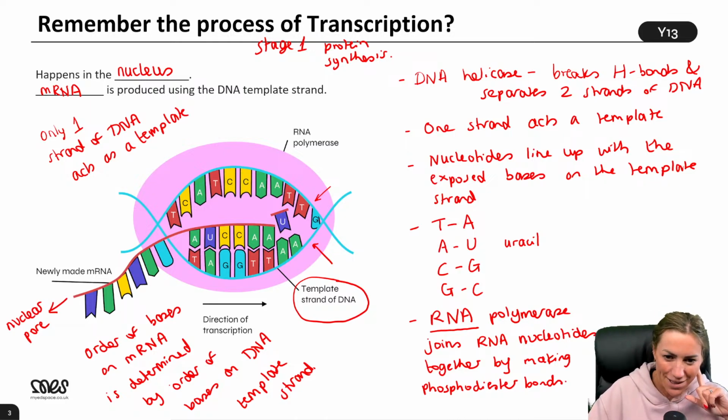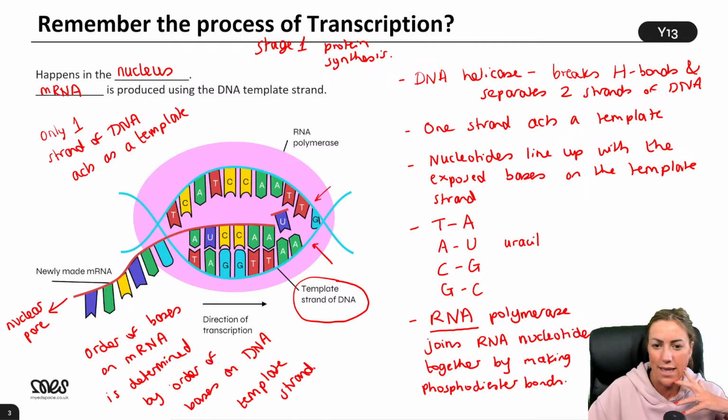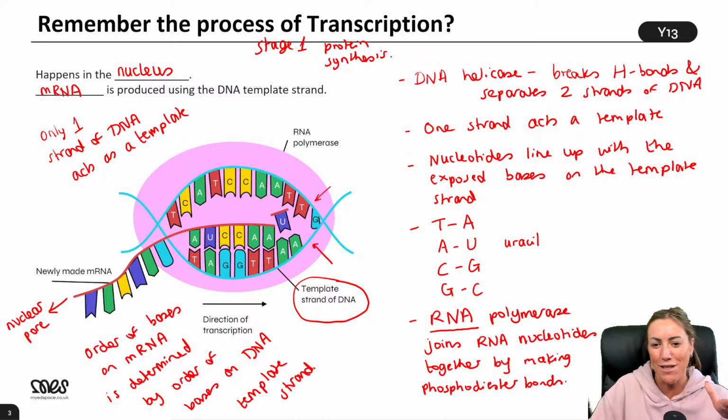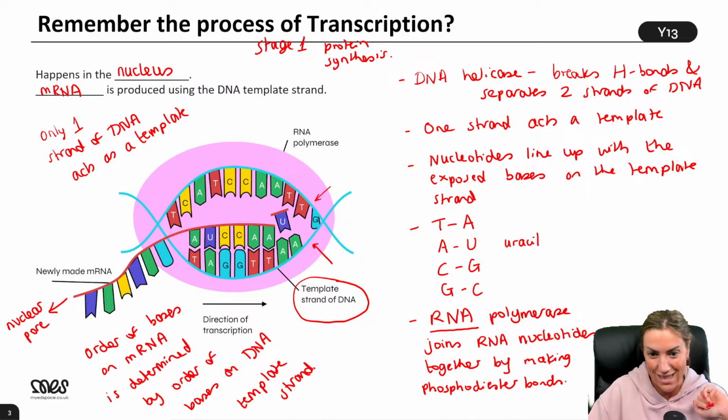Oh, we've got some high numbers. Okay. This bodes well. If you're on like a 4 or a 6, have you got any questions about this for me? Some of you are giving me really high scores. Some of you are saying, oh, I'm not really 100%. So have we got any questions? Is there anything specific? Oh, Sienna's saying 9 out of 10 for transcription, but a 4 out of 10 for translation. Does splicing happen in the nucleus?